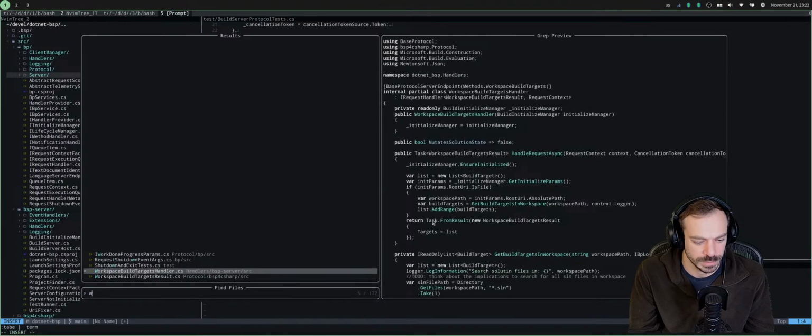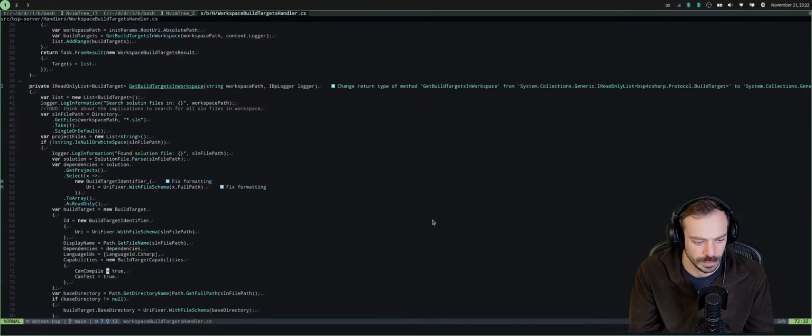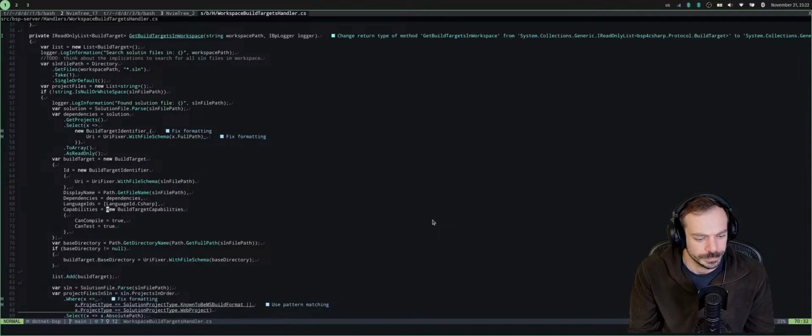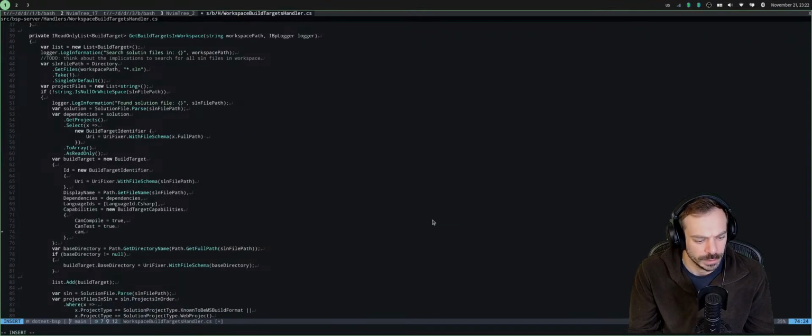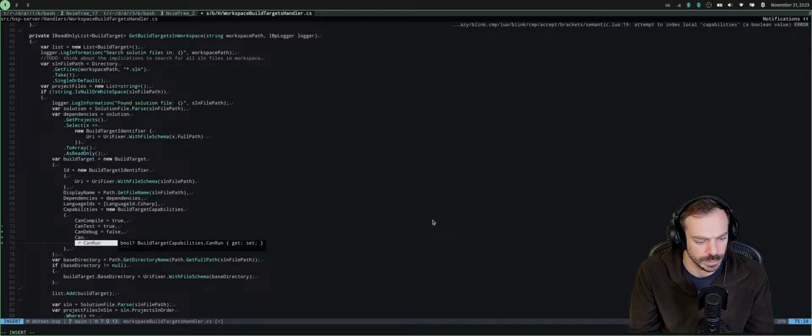Workspace, targets, handler. This part. For the solution. Can compile. Can compile, can debug. False, and can run also false.